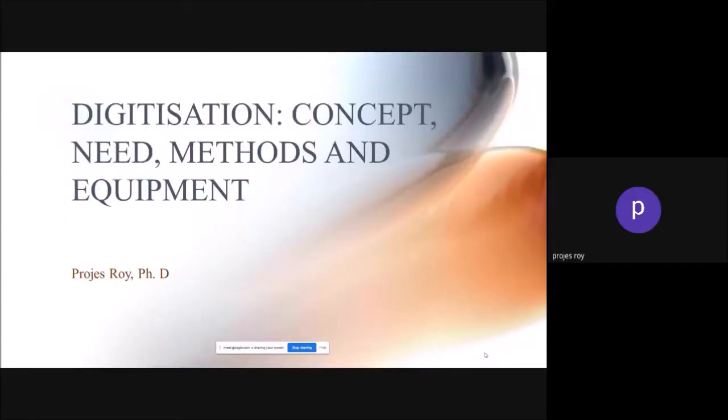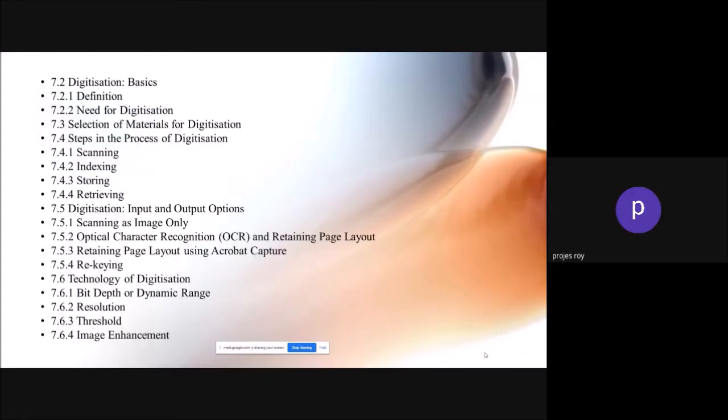In this chapter, you have digitization concept, need, methods, and equipment. This is the unit of your study. Now here, we'll see digitization basic definition, need for digitization, selection of material for digitization, steps in the process